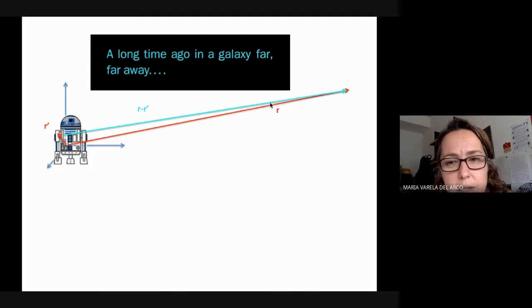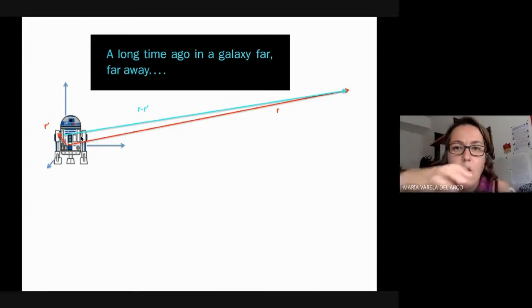That would be the distance to the point of interest represented by this blue vector, which would be my R minus R prime. And the funny thing is that since the modulus of R is really, really large when compared to any modulus of any possible value of R prime within my source, that is not, again, a point source anymore, but it's a long source in this case,